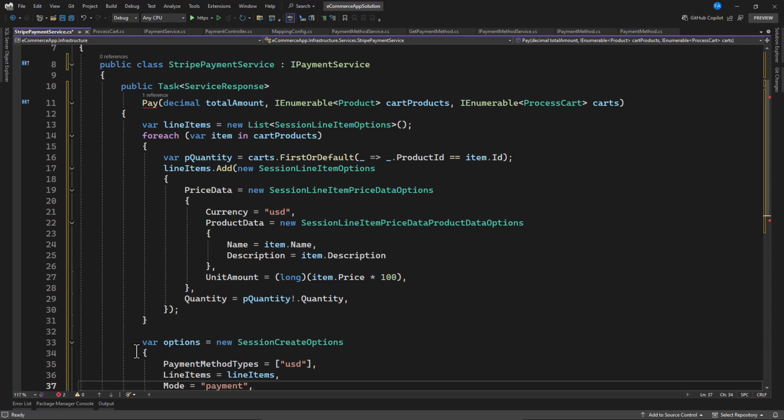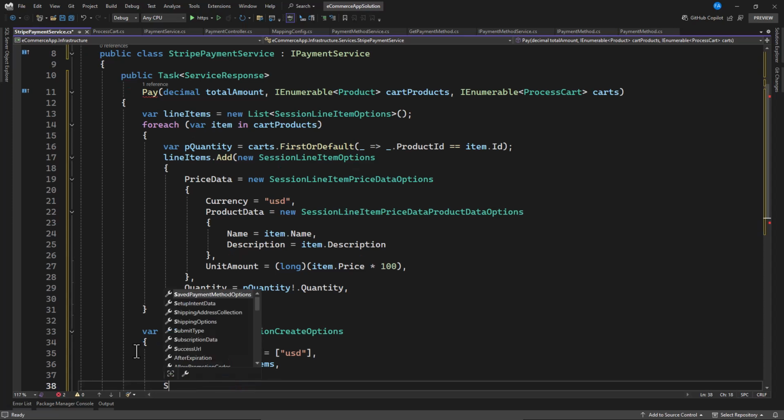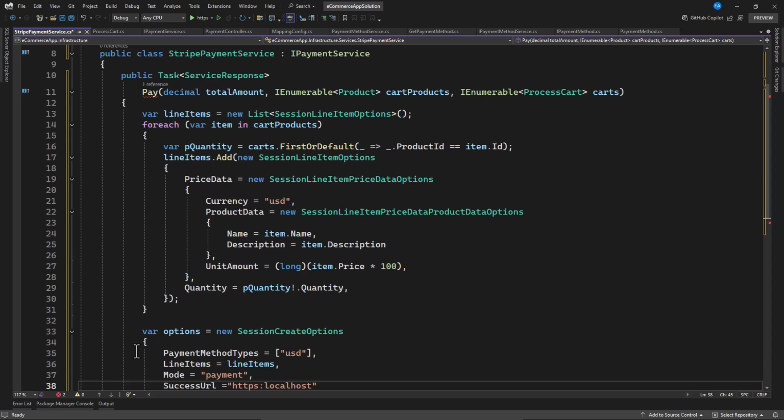And the last two, if it is success, so successful URL, so maybe we can return we should go to the API or the UI. So we're going to create a UI, but for now, let's see HTTPS. We have a localhost, then maybe with our port 7025. Let's say this is our port. Then we're going to have our